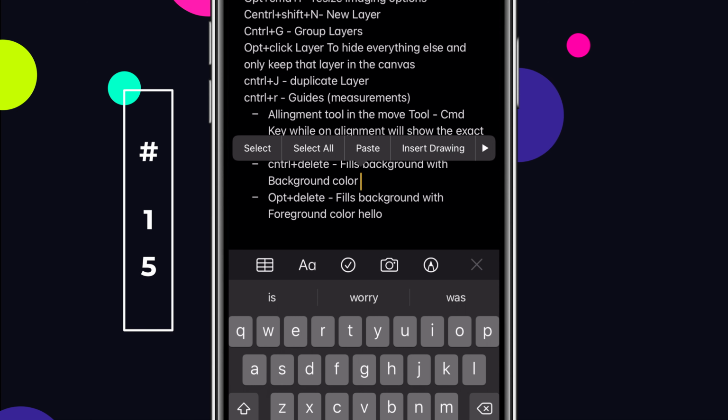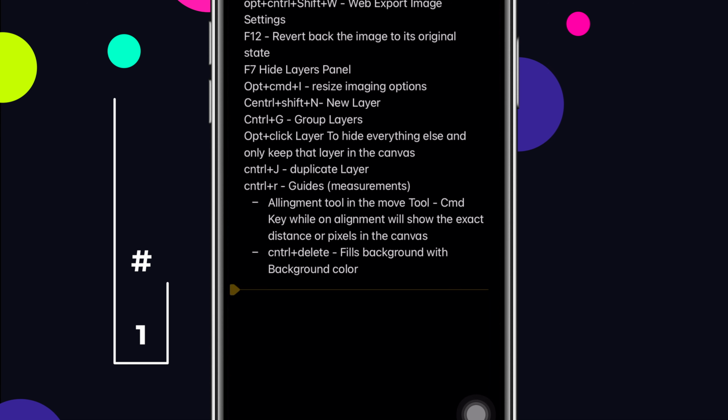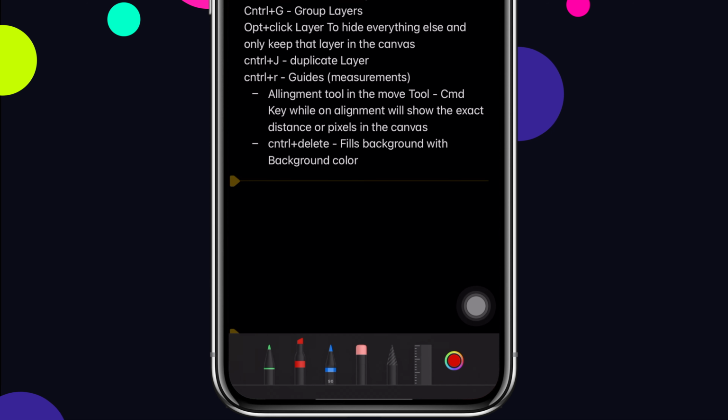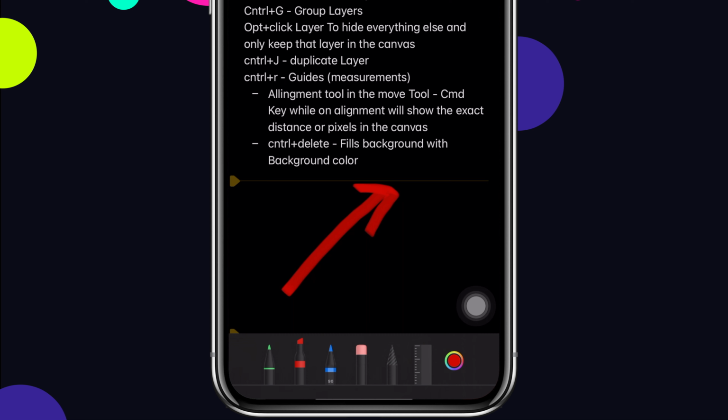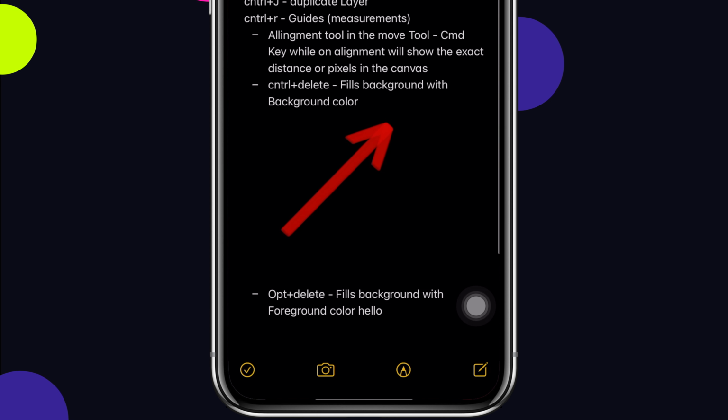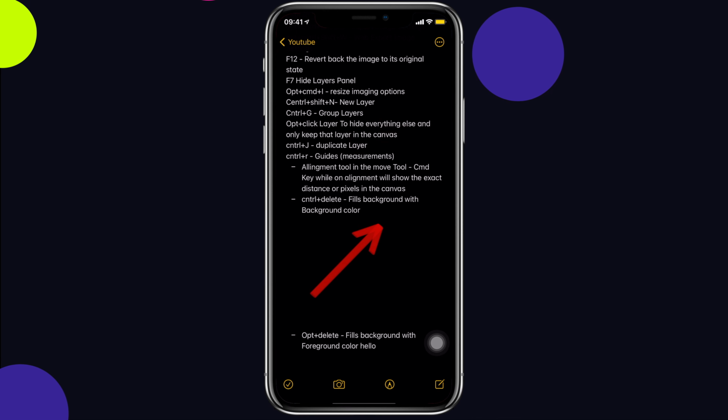Also, by long pressing, there's an option for inserting a drawing in our notes. Well, it's much easier on iPads, but this works for me. We'll draw an arrow for example, and there we have a drawing in the middle of our note. The only problem is you can't edit it once drawn, so be careful with that.